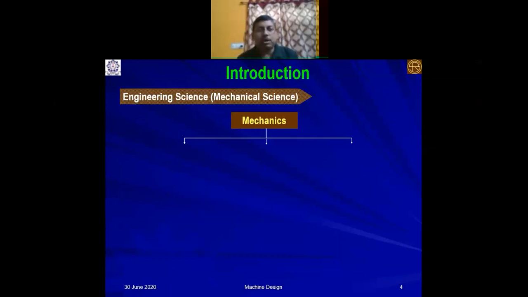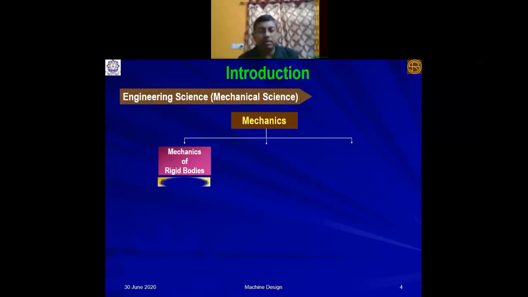So as you know, mechanics is basically covered in your engineering sciences classes, and it is broadly classified into three groups, and these three classes of mechanics are required for a mechanical engineer. The very first is mechanics of rigid bodies. We already know that mechanics of rigid bodies is basically taught under the name of engineering mechanics in the first semester BTech course, but it is the very first step of design activity to understand the mechanics